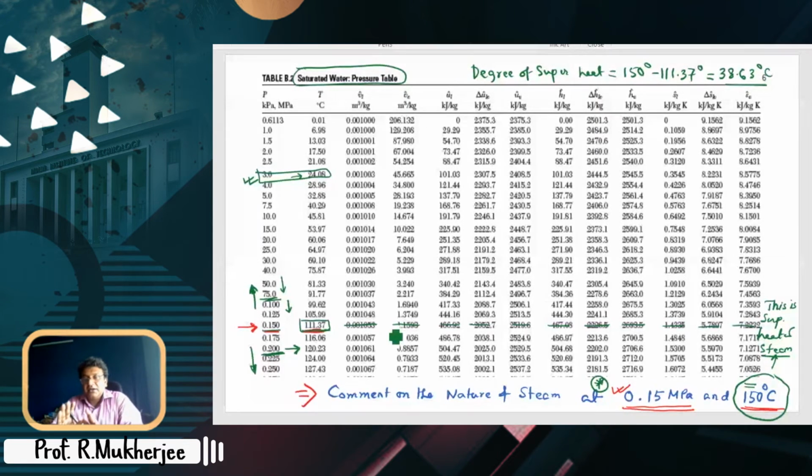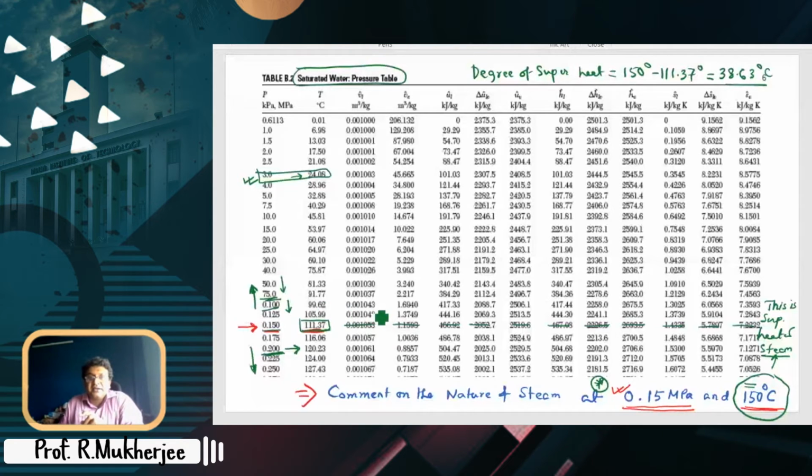Is it clear? Let's talk about the simplest thing first. Even if the pressure is 1 atmosphere and temperature is 100 degrees centigrade, you can have three possibilities. Water at 100 degrees centigrade, steam at 100 degrees centigrade, and a mixture of both, partly steam and partly water. Agreed? So if you have water at 100 degrees centigrade, 1 atmospheric pressure,